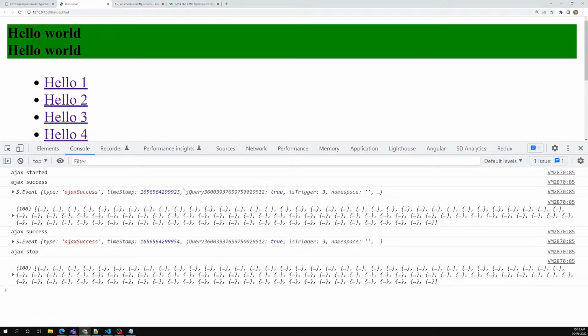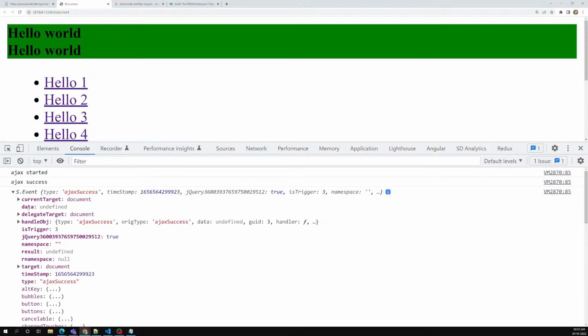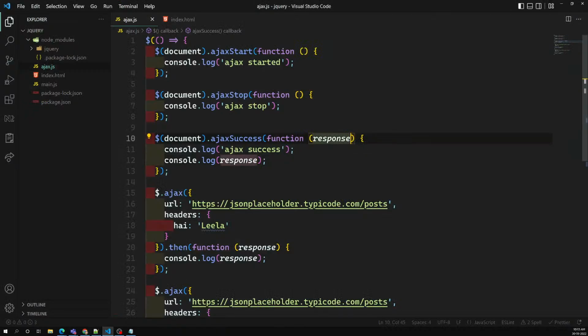So here you'll be able to see the Ajax response, so the event you are getting and all those things you'll be able to handle. You'll be having some extra data, something like that. You'll be able to have Ajax success. If you try to see in our jQuery,